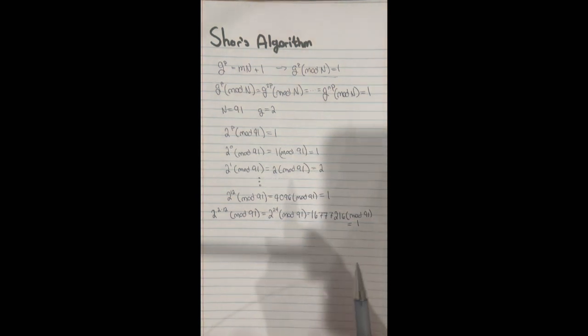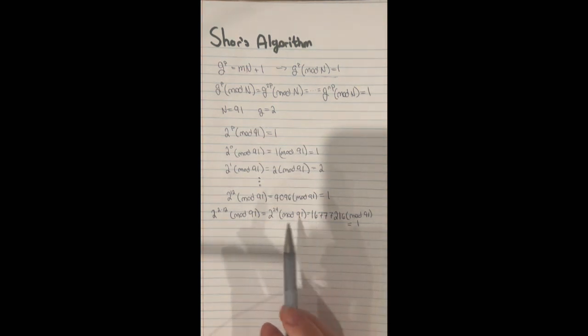Similarly, we can do the same thing for 2 to the 36 and 2 to the 48, and if you check that, you'll find that the same relationship holds, that we'll have mod 91 equal to 1. So these solutions are indeed periodic, and now we found a way to solve for p, in that we can just